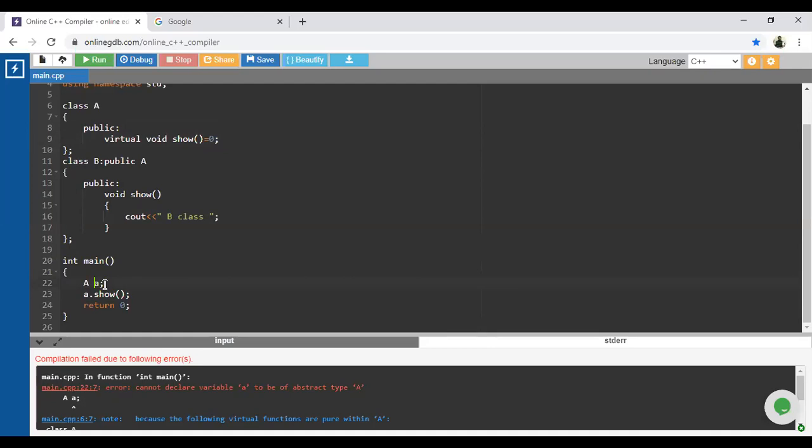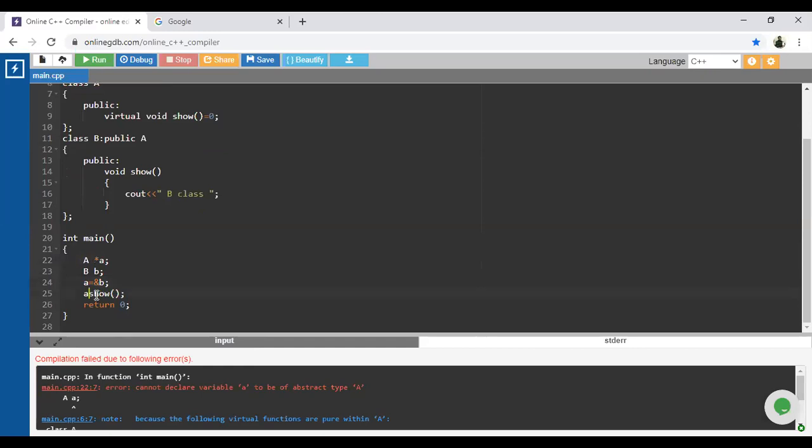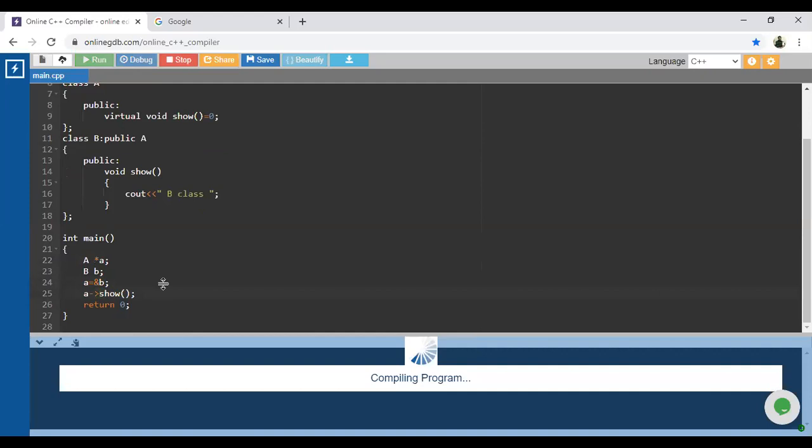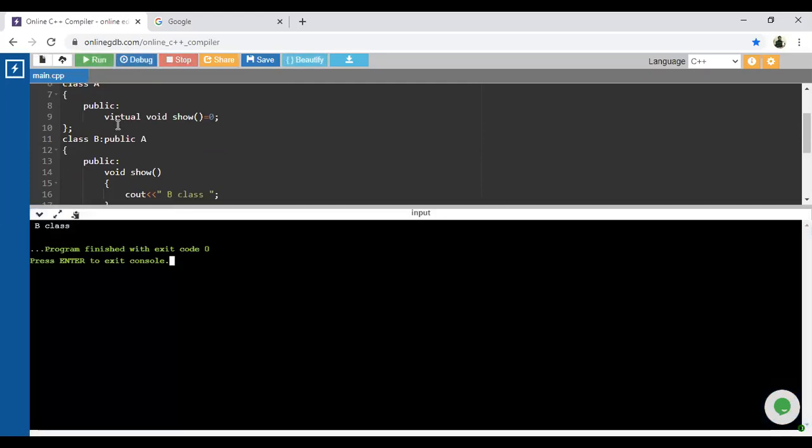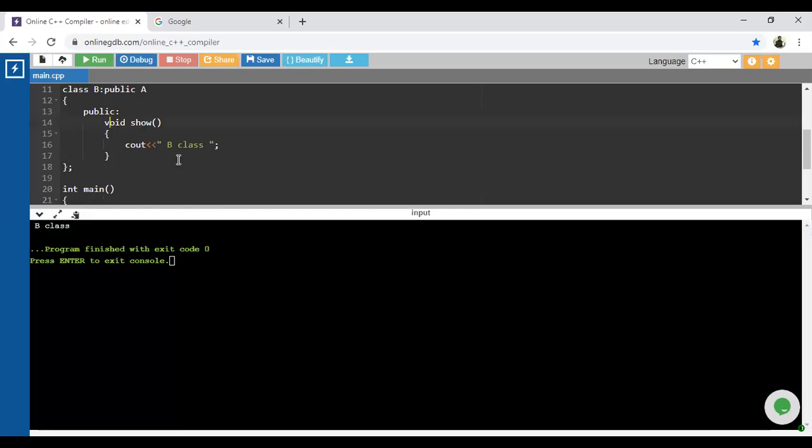So instead, how are we going to access the show method available in the B class with the help of a pointer? Just create the base pointer variable for class A. Next, create the object of derived class B, and A pointer is equal to address of B. With the help of that pointer, now try to call that particular method. So now this particular declaration is from which class? Yes, guys, it is from the derived class.